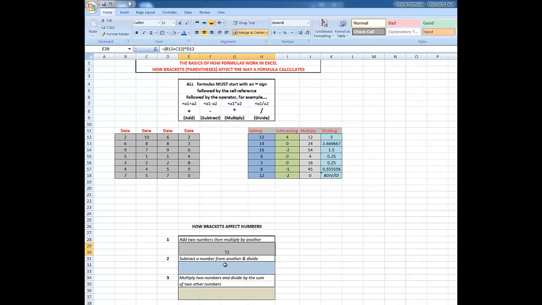Okay, subtracting one number from another and then dividing. If I say equals and then C12 minus D12 divide by E12 and press control enter, I see the answer is 7. Well, that's fine, but it may not have been the answer I wanted, so I'm going to undo that last action,